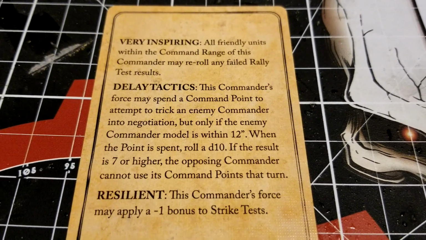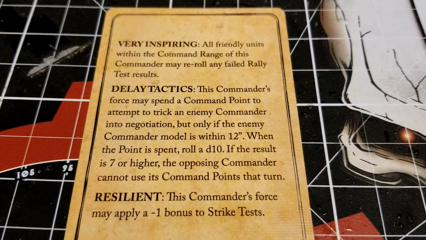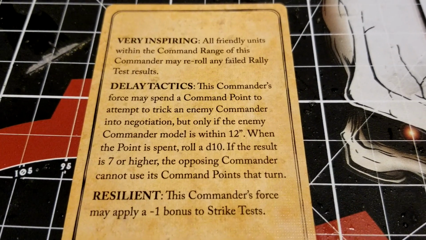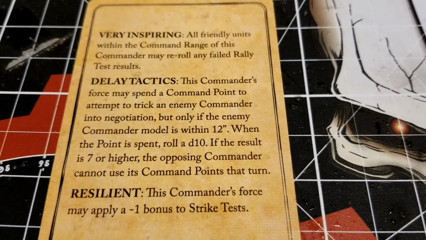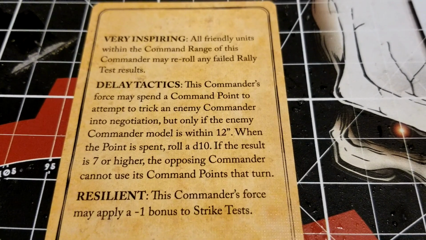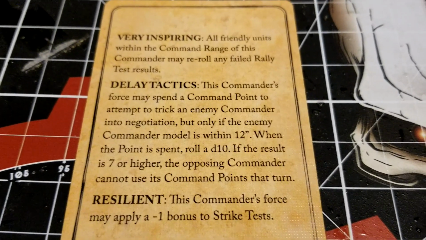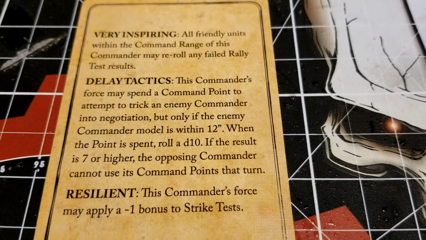The commander's force may spend a command point to attempt to trick an enemy commander into negotiation, but only if the enemy commander model is within 12 inches. So if you're an opposing player, stay away, right, from the commander. When the point is spent, you roll a d10. If the result is a 7 or higher, the opposing commander cannot use its command points that turn, which can be absolutely brutal if he's able to get up close on you and prevent you from using your own command